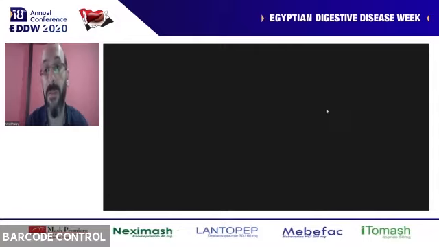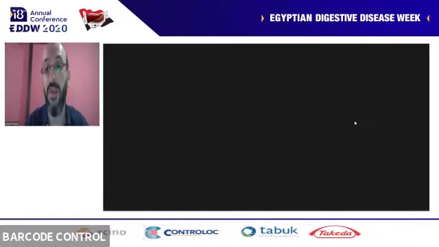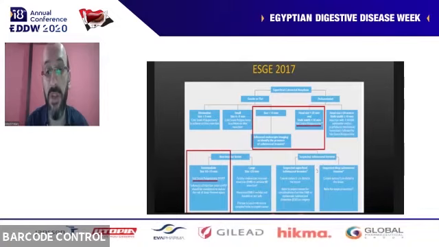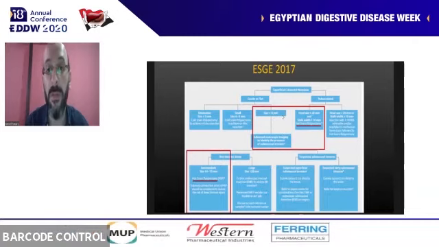For pedunculated polyp, if the head is less than 20 millimeters and the stalk is less than 10 millimeters, you can go directly also for hot snare polypectomy. If larger, you can inject first, and you can be assisted by mechanical applications like endoloop or endoclips. And finally, if you suspect submucosal invasion, you can go for ESD, or you can tattoo and refer for surgery. So we will start with the first one according to the guidelines, which is polyp more than 10 millimeters, or pedunculated polyp with head less than 20 millimeters or stalk less than 10 millimeters, which is the classic hot snare